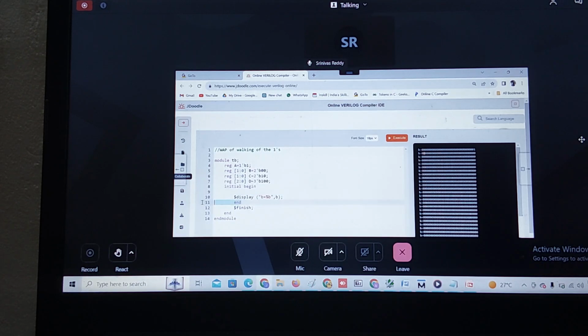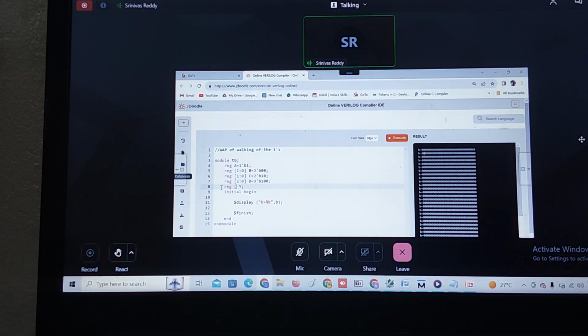Let us work one by one. What is the first concatenation? I am going to declare an integer y, since I want to assign the output. Or you can declare this as reg [31:0]. Now this y is a signed integer. If you declare this as